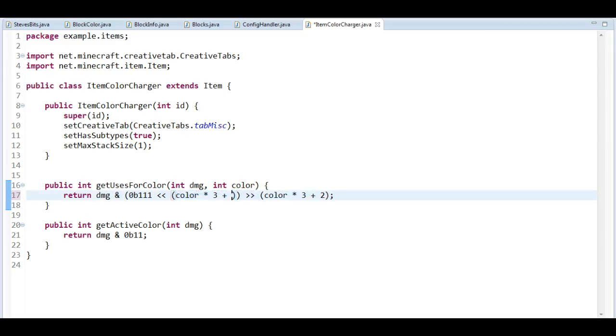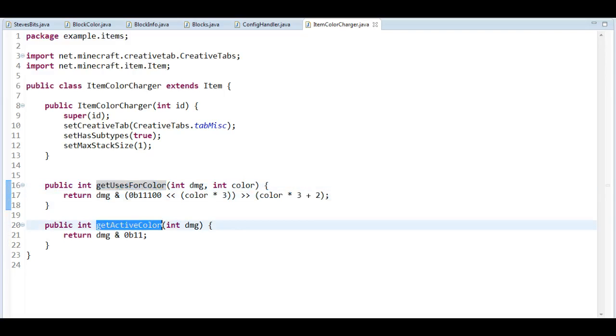But if we want to, we could do it like I just had, so we remove that and add the zeros there. So that's maybe a better way to indicate that we have those empty there. But if we have plus 2 here, we'll see that both the moving up part and the moving down part are going to be the exact same. So that's just a matter of taste, I guess. It's going to do the same in the end anyways. Right, so now we can use get uses for color and get active color to be able to do things